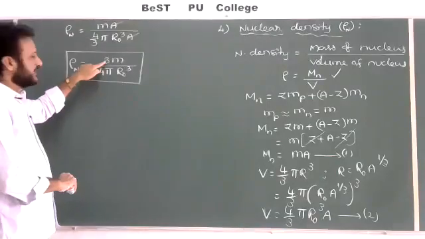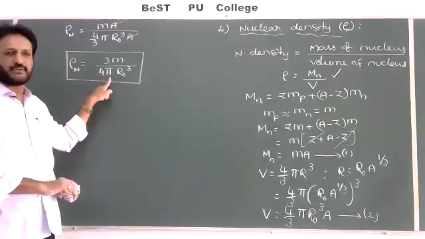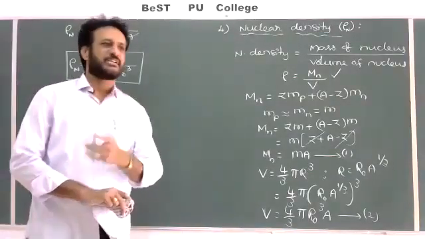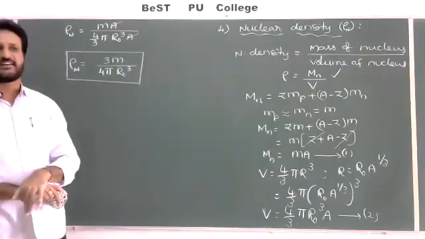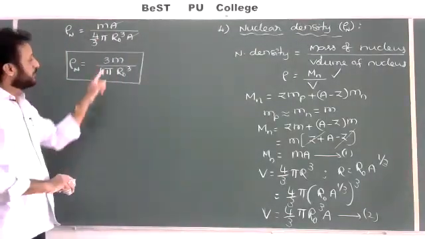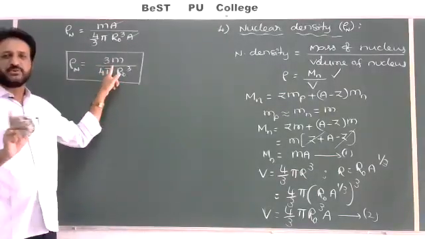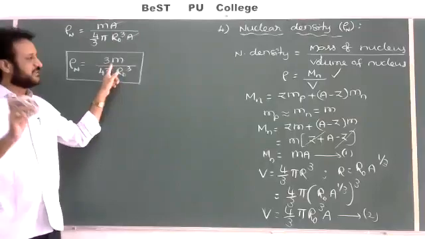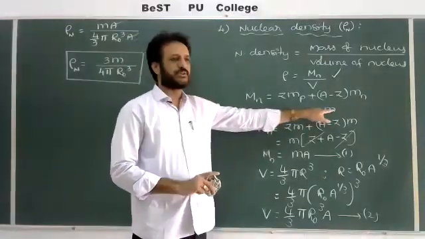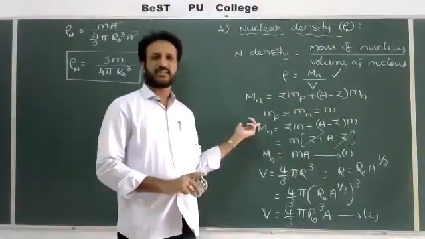Yeah, the number 3 is constant, 4 is constant, pi is also constant, 3.14. r naught we have also mentioned as a proportionality constant or experimental constant, 1.2 Fermi given, so r naught is also constant. What about m? Here m means what? Not the mass of the nucleus, the mass of the nucleon. Here I have already mentioned the mass of the proton or the mass of the neutron is nearly equal, written as small m. So this mass of the nucleon is also constant only.